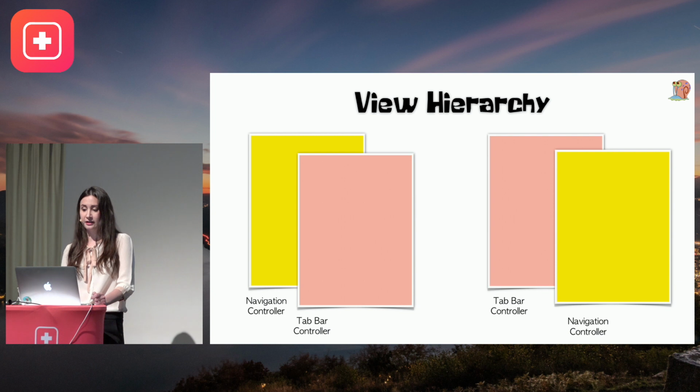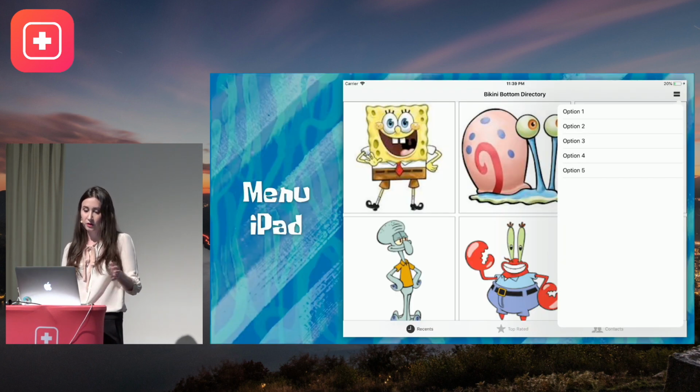And also the view hierarchy will affect the trait collection updates that are received by each view controller. So for example, in the case on the left, the navigation controller houses a tab bar controller. So when a new view controller is pushed on, that view controller will get the updates along with the navigation controller. And the tab bar controller will only get it once the view controller has been popped off. And in the scenario on the right, the tab bar controller will get the notifications every time because it houses everything within it. So the point is, the exact behavior that you want will also depend on your view hierarchy. So we'll leave it as is,